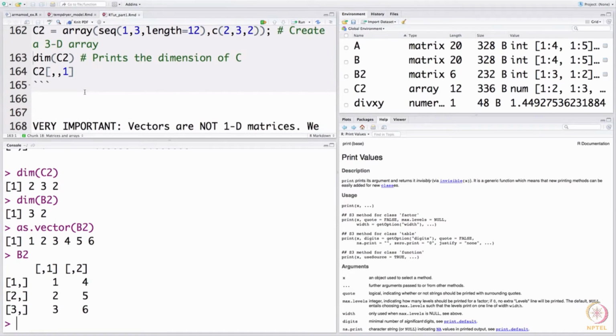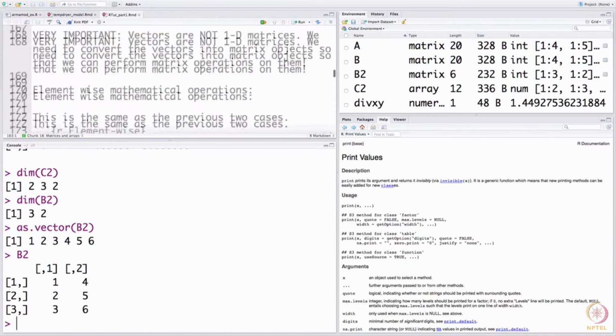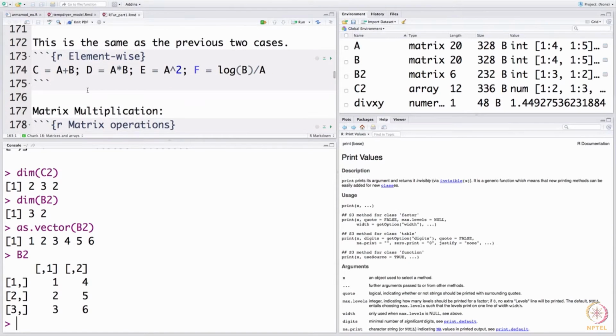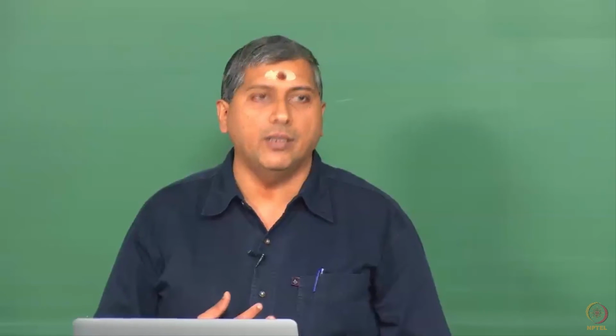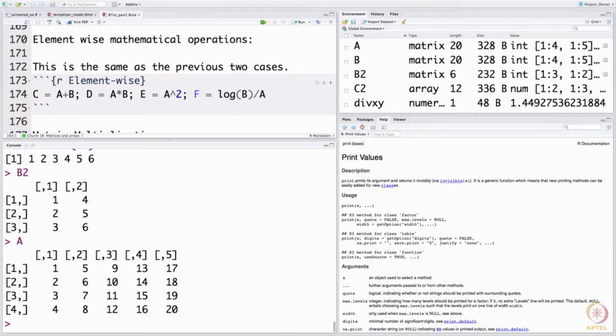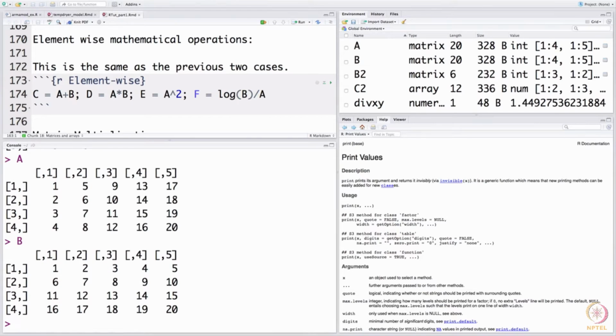All right. And you can access the elements of a 3-dimensional array in the same way as you do for a matrix. All right. And before we move on to plotting, we will close the session here by showing some element wise and matrix wise mathematical operations. Element wise is fairly straightforward, pretty much like what we saw in vectors. So, I have A here, I have B, just making sure they are of the same sizes, and A plus B would return element wise added up result.